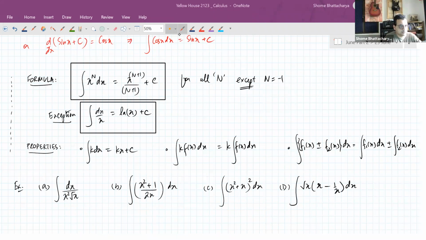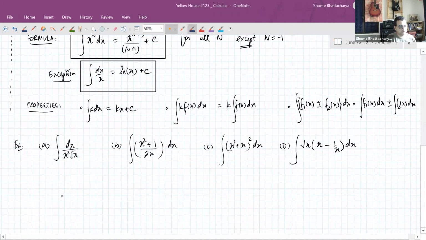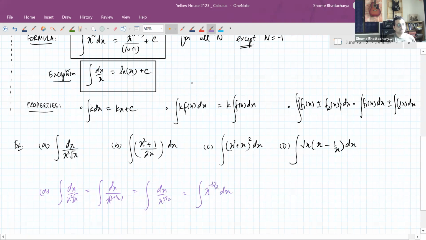Okay, people, let's work out these questions. I'm going to solve each of them step by step, and you can verify the answers also. So the first one, I will first have to reduce this to a single power of x. So x to the power minus 5 by 2 dx. Now I'm ready to use this formula. So this integration will become,